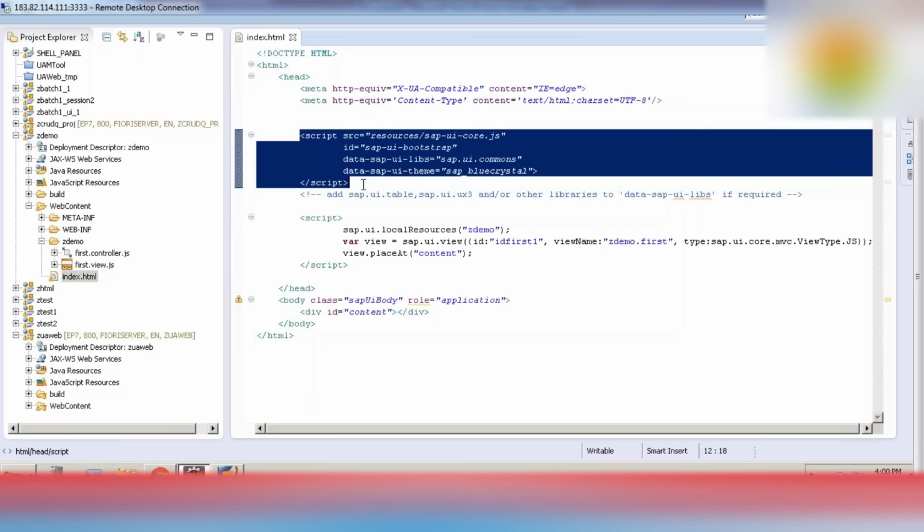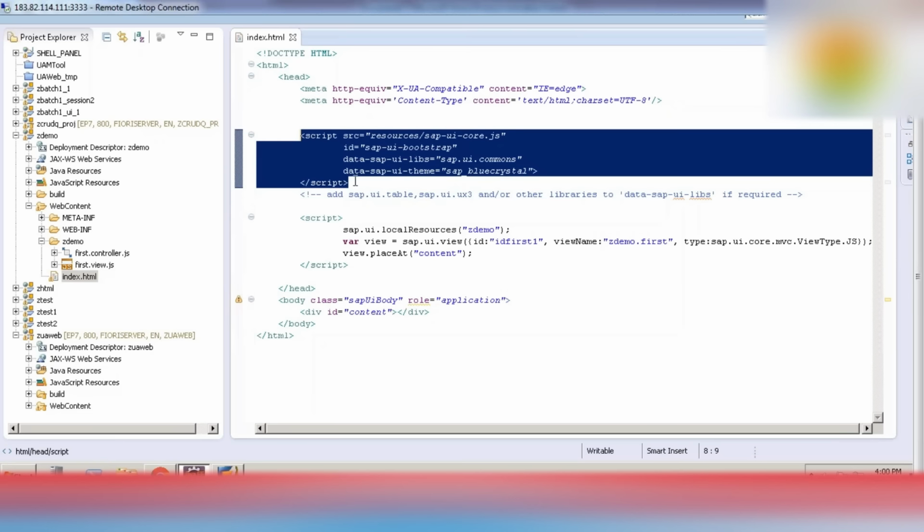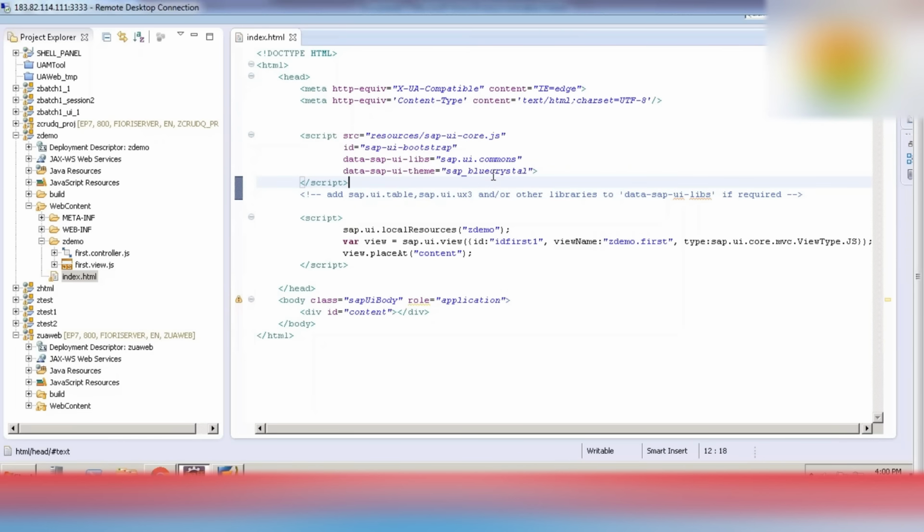I will explain each and everything thoroughly in the main sessions. So now I'm just going quickly here. This is the bootstrap section. Okay, and here we can define our library, which library we are going to use. I mean, which methods and which events we are going to use. Okay, each and every class, method, and event should reside in some library. Like here we are using the sap.ui.commons library. Okay, and some other things I will explain later on.